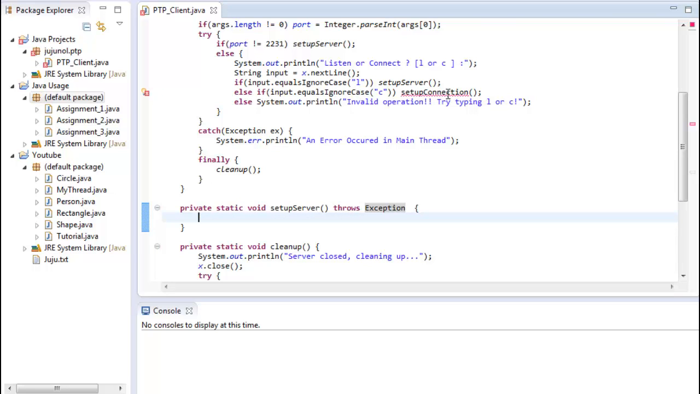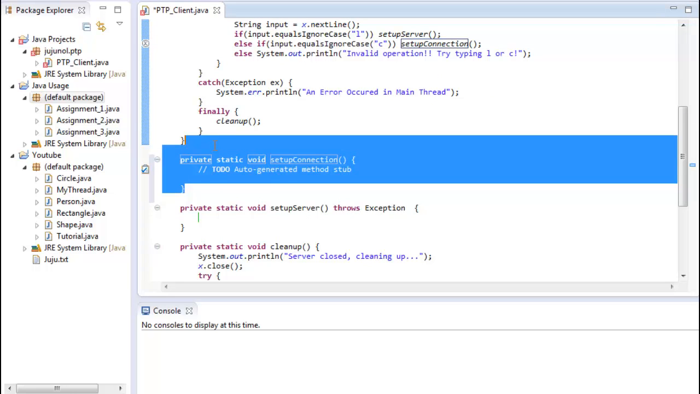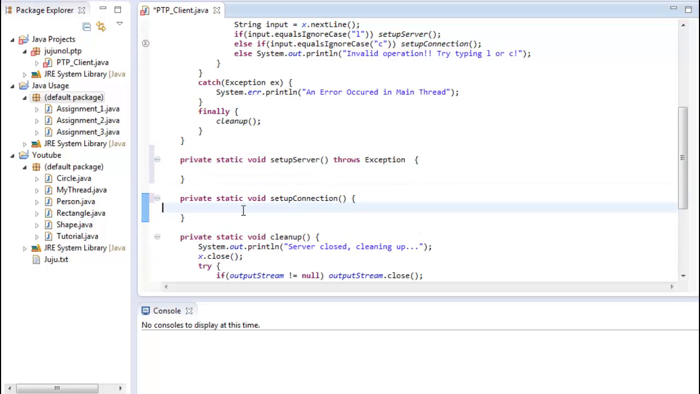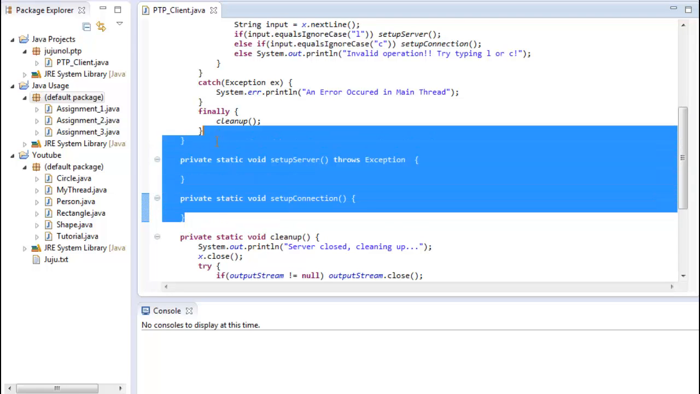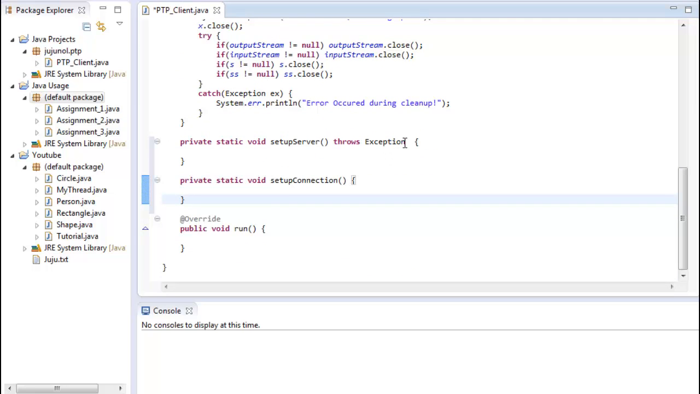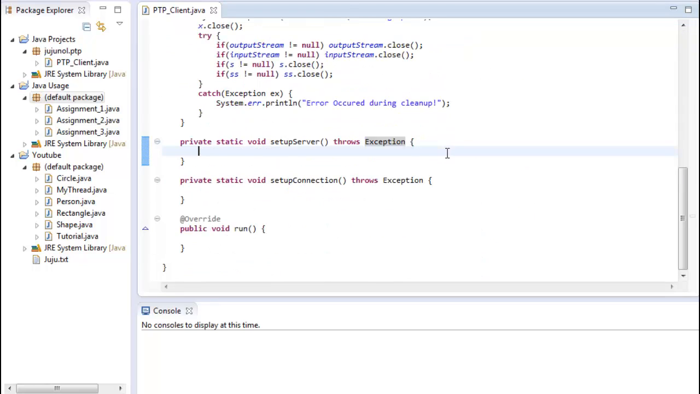Let's go ahead and create that. I'm going to be a little OCD and move these methods around. And voila. Copy and paste, and there's an extra space there. Now our class is error free. So let's go ahead and